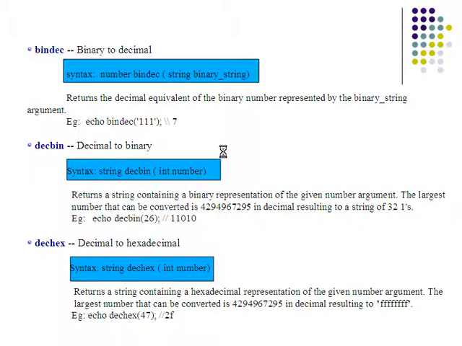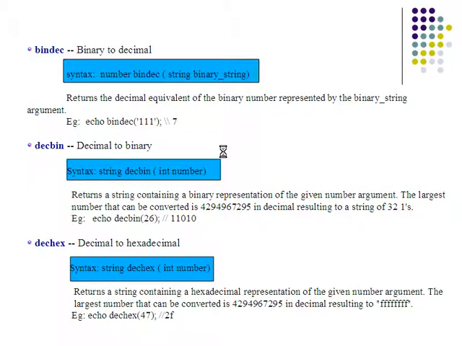11010. The next function is dechex, which can calculate the corresponding hexadecimal value of the given decimal value. A hexadecimal value comprises both alphabets and numbers. It returns a string containing a hexadecimal representation of the given number argument.